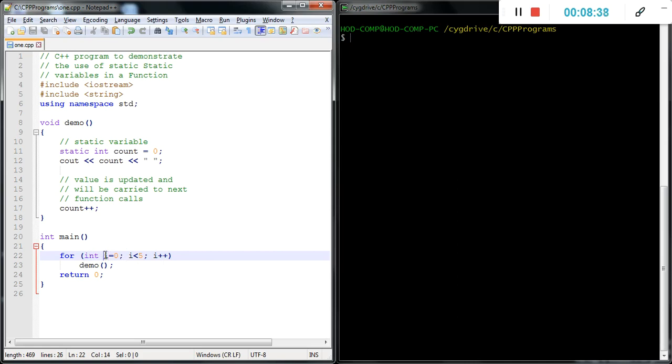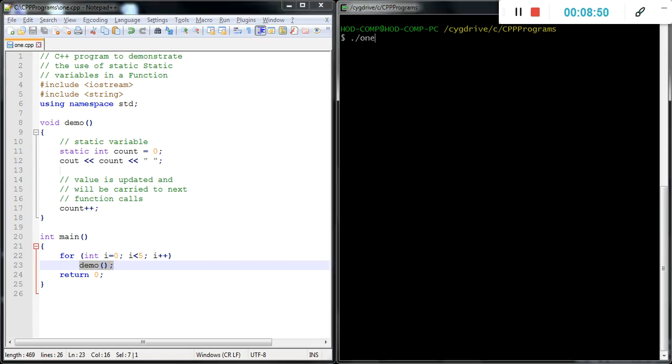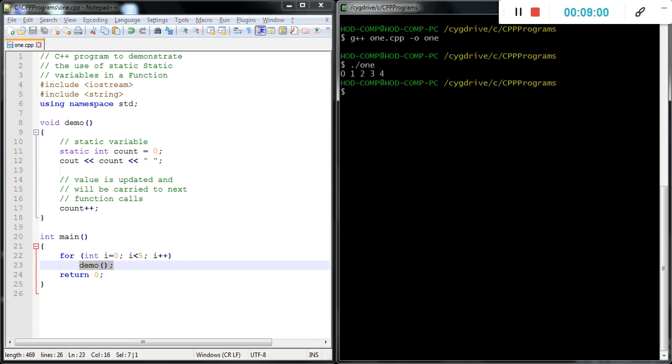We use count as a variable, and under the for loop we call the demo function each and every time. Then what will be the reflection? We will just check it out. What will be the answer? Okay, output will be 0, 1, 2, 3 and 4.